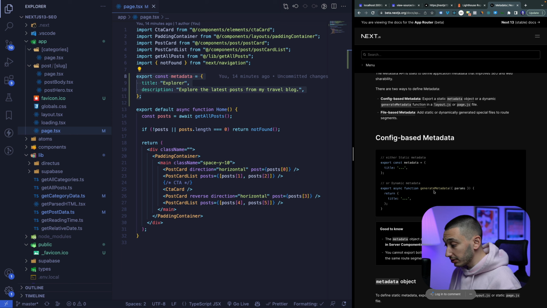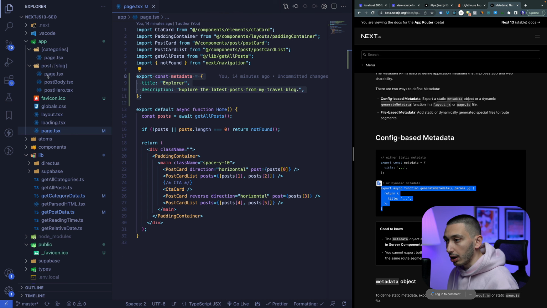With this function, we can create these titles and descriptions and the other stuff dynamically in our server components. Be careful here. You can only export this function in server components, and also you cannot use both of them. You need to use the static one or the dynamic one. Okay, cool. So let's copy this function